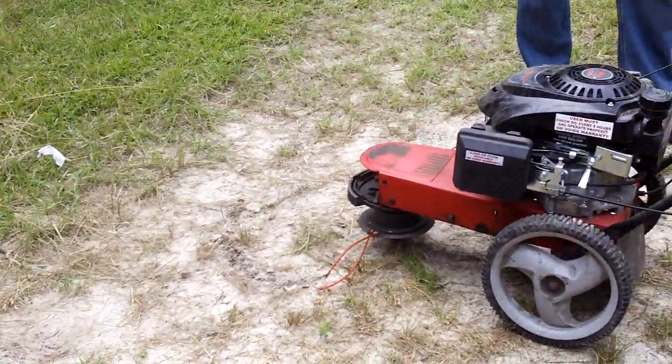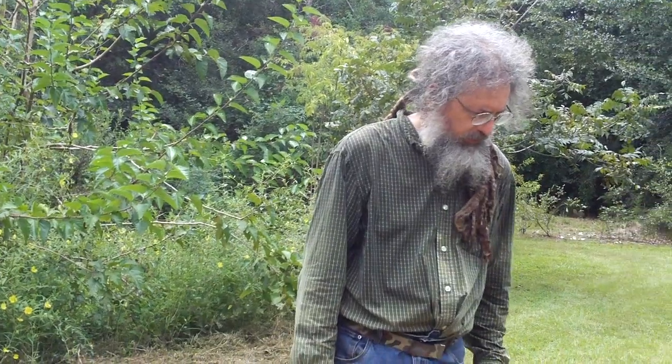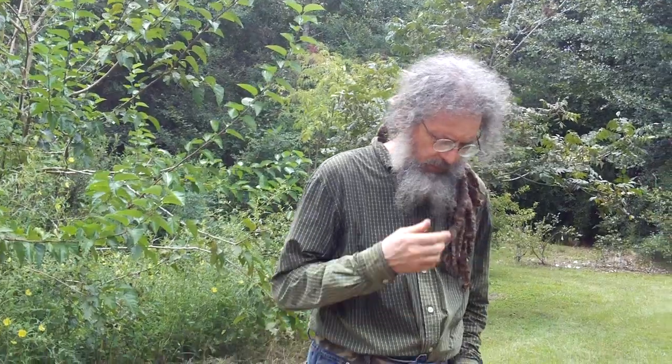And I went down there and got this because my mom had got one down there. It was exactly the same, and I liked it, and so I figured it was worth it. And the only reason I got the warranty is because I don't like working on stuff anymore. It just wears me out to do this kind of stuff. And on top of that, I know that there's going to come a day when I can't do it. So I was just kind of breaking myself in to paying other people to do stuff. So anyway,